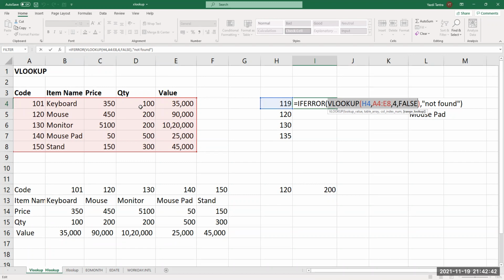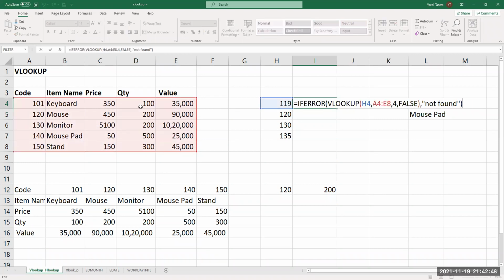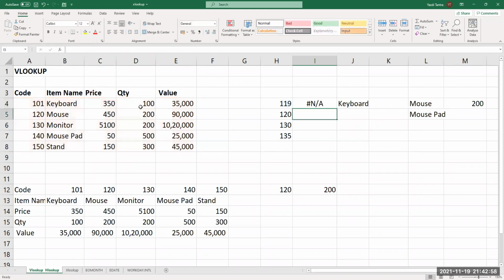And if you don't give this IFERROR, then you can just close it here. It will look something like this. It looks a little messy. So we put that IFERROR so that it looks a little neat.